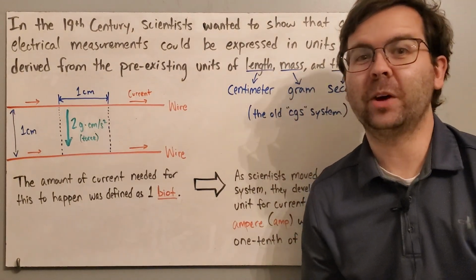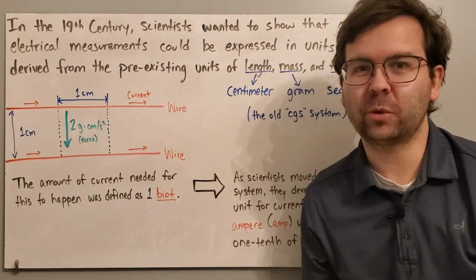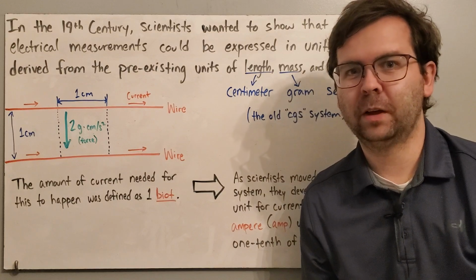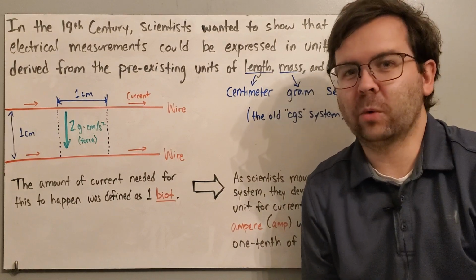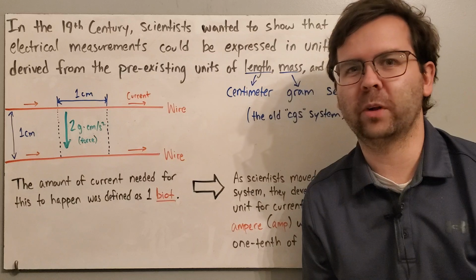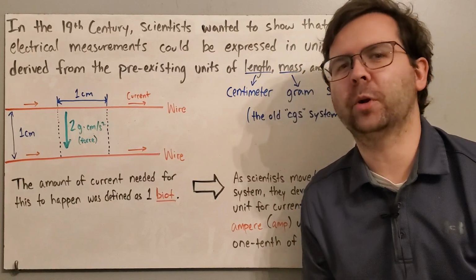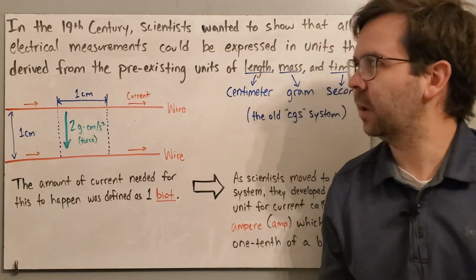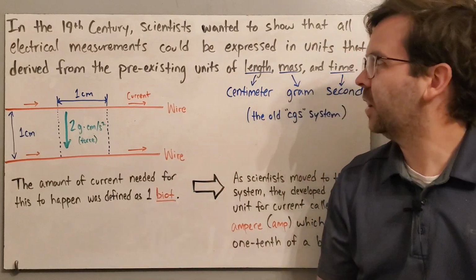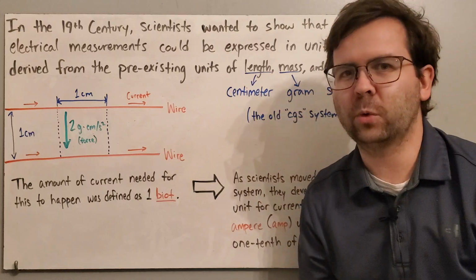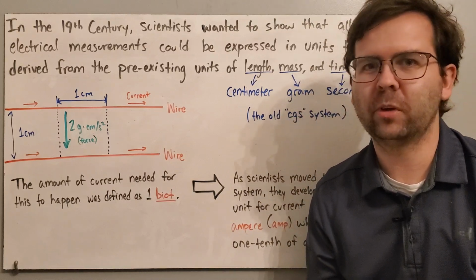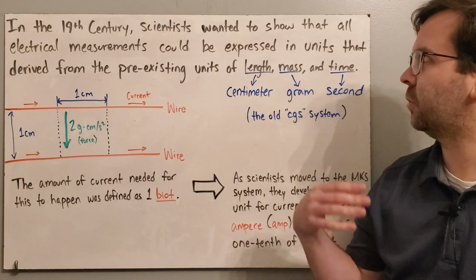Hi, this video is about how to measure electrical behavior in physics. Now in physics, and in science in general, the way that we make sense of the world is by measuring things. If we want to know what's going on, it helps to put a number with it. And so in the 19th century, scientists wanted to show that electrical behaviors and measurements could all be expressed in